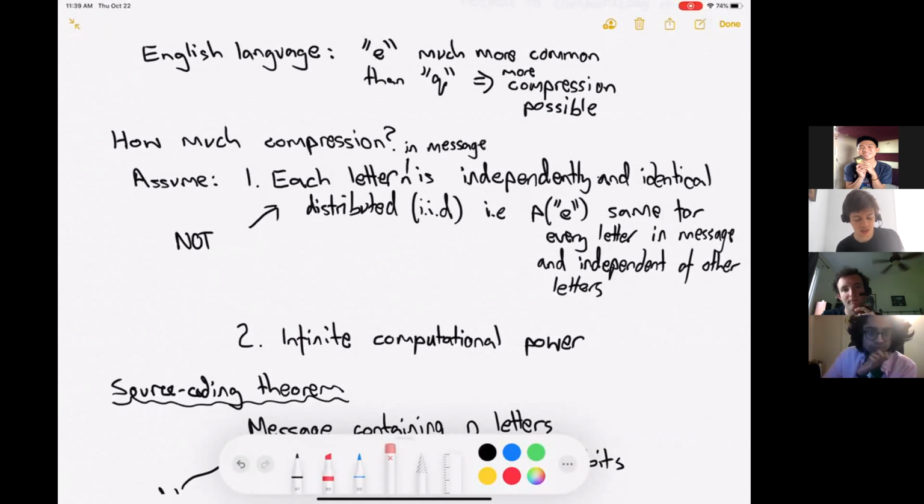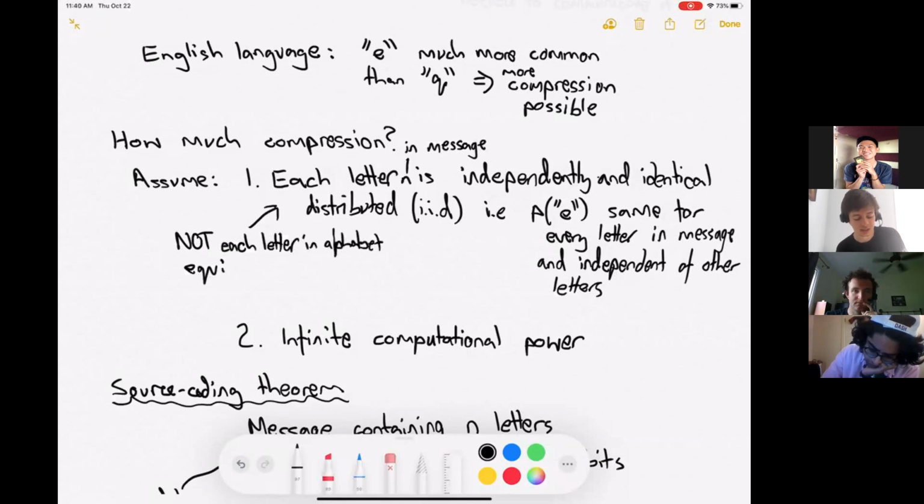yeah, so this does not mean that the distribution is sort of equiprobable. Not each letter in the alphabet is equiprobable, right? We can have P of E not equal to P of Q,